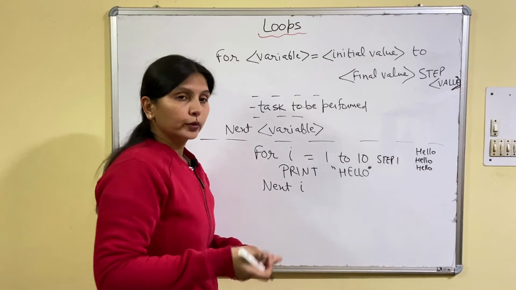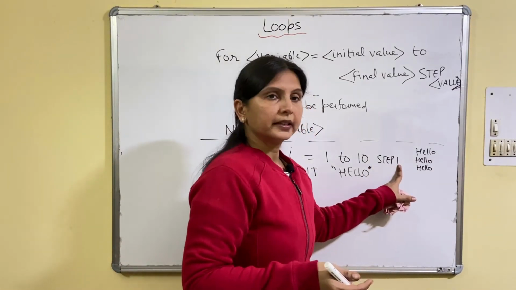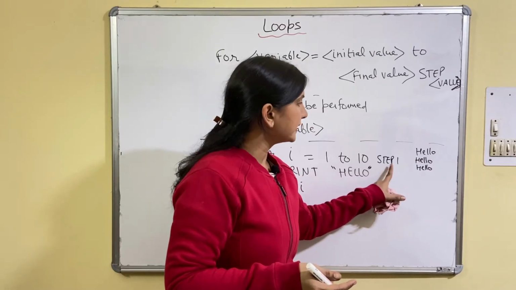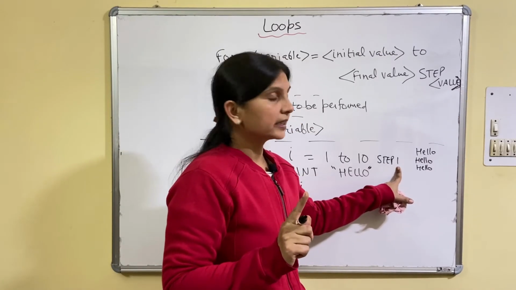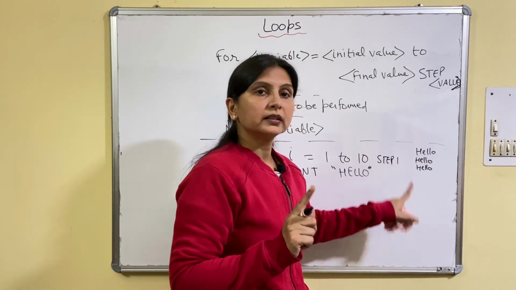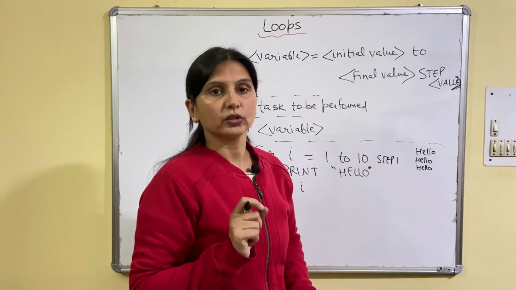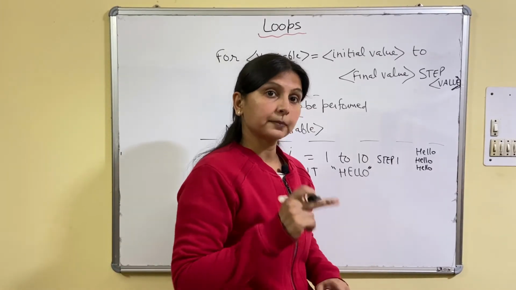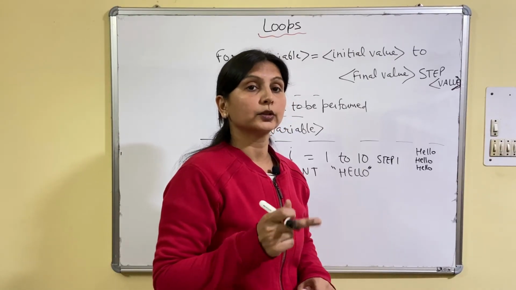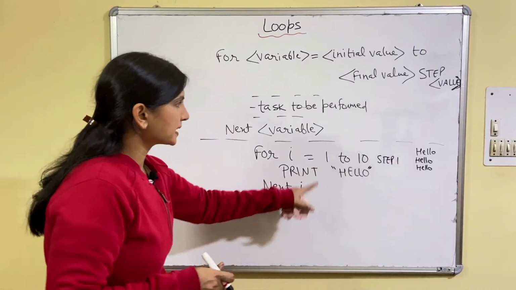Now I am taking more examples to make it clear. If the increment is of 1, then no need to write step 1. And the second thing, if the step is 1, this is also called continuous loop. Step 1 is not mandatory. Step 2, if it is there, increment of 2, then it is mandatory to write. I'll show you. I hope it is clear.